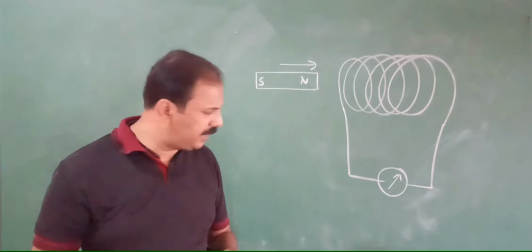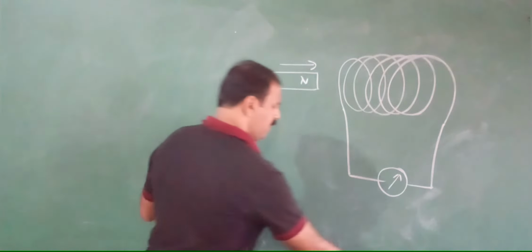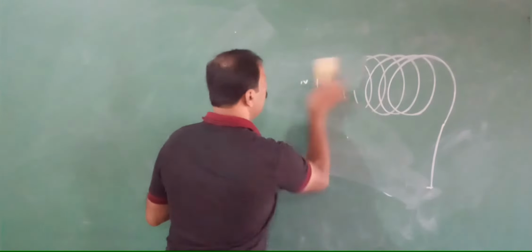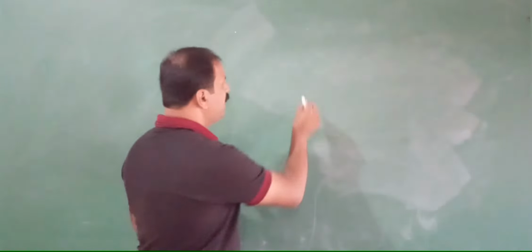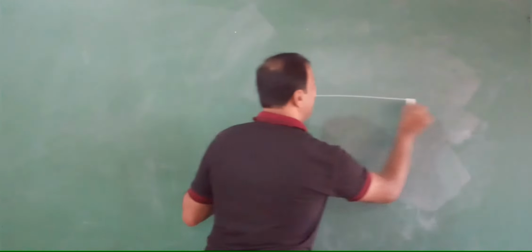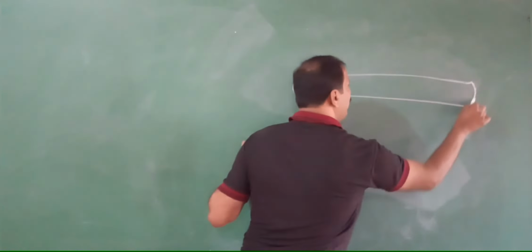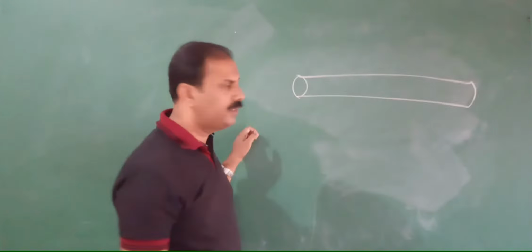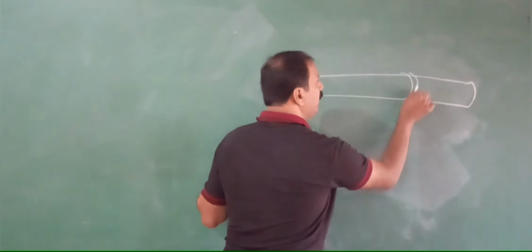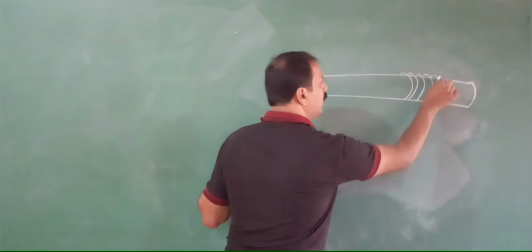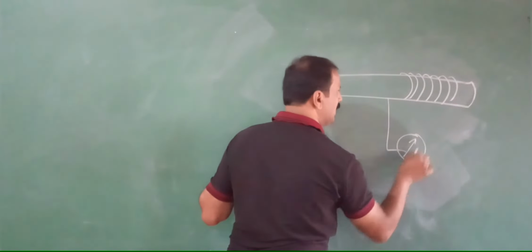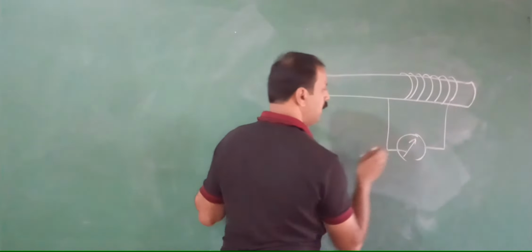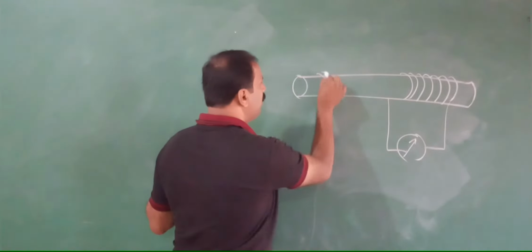Now think about another, slightly similar case, where we have a material like paper, which is not a conductor. On it we are making two windings. Here I am winding a coil above this one, and I am connecting it to a galvanometer. And on this side also we are making a similar coil.